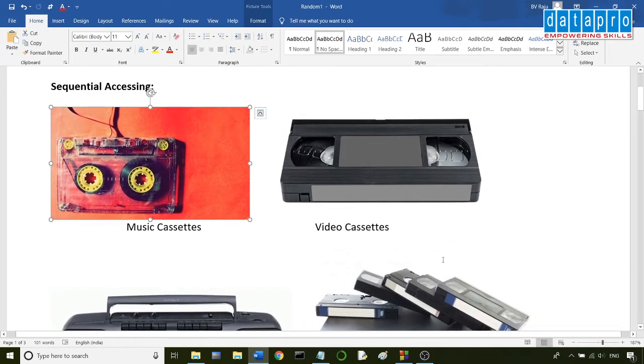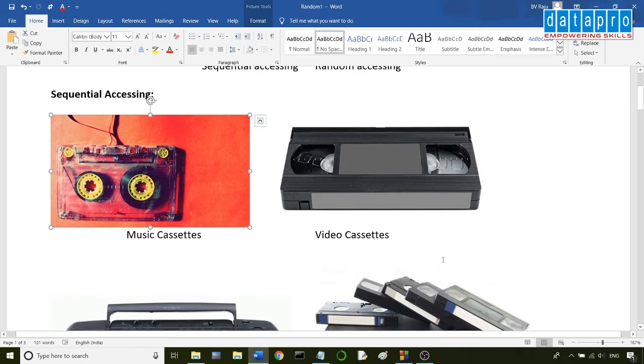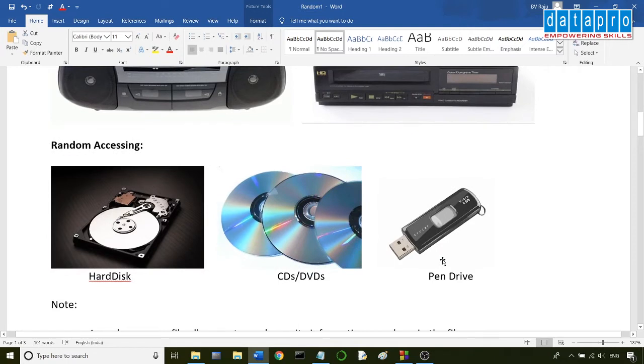In olden days, we used magnetic tapes to record audio and video data, and here data used to be accessed sequentially. But nowadays we use random accessing media. Whatever you are using right now comes under random accessing media: the hard disk, the CDs, DVDs, and the pen drive that you use regularly. Here you can access the data randomly. Suppose there are 100 files, you can access file 1 and then immediately file 10, then come back to file 5, and so on.